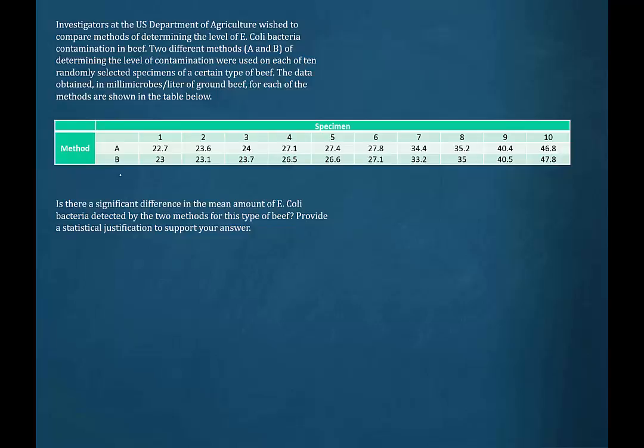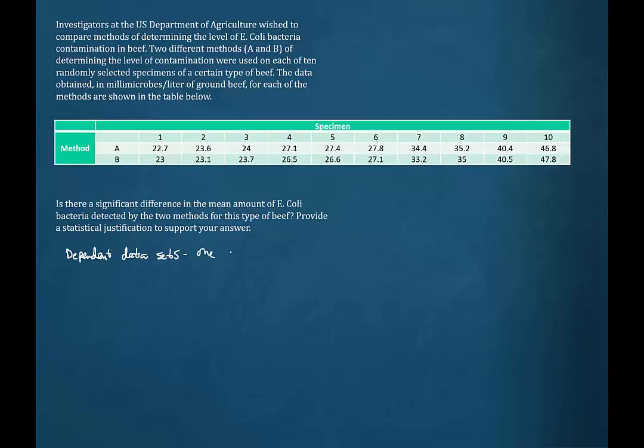And this problem actually did appear on an AP exam, and the idea behind this problem is for the test taker to demonstrate that they can differentiate between sets of data that are independent and sets of data that are dependent. Now, because we have one sample generating two data values, we have what is called a dependent situation. We have dependent data sets